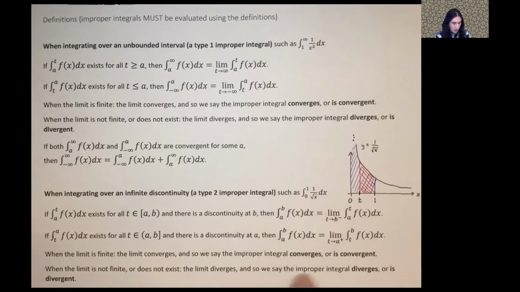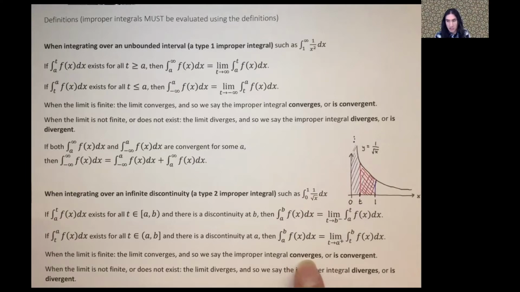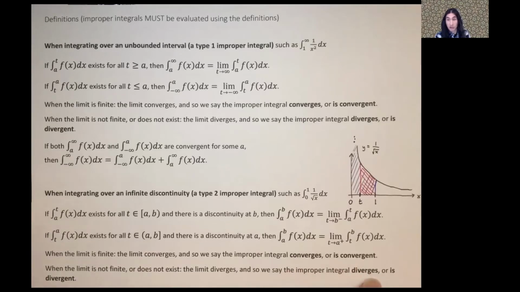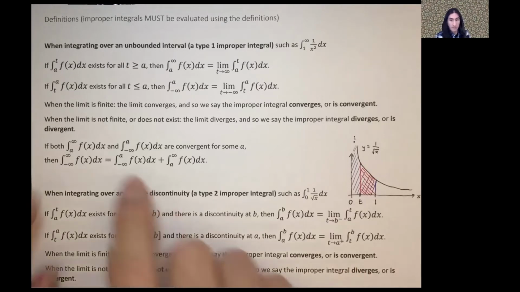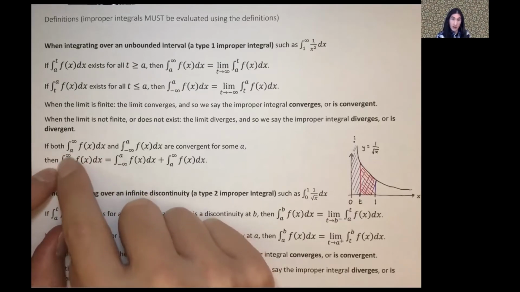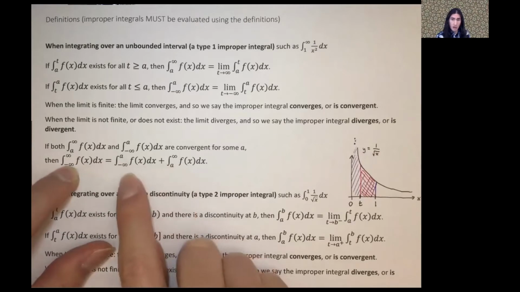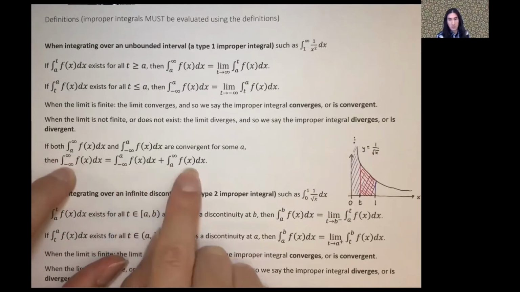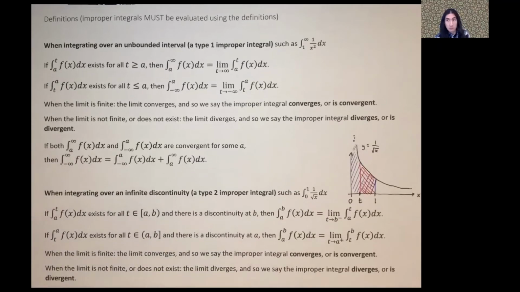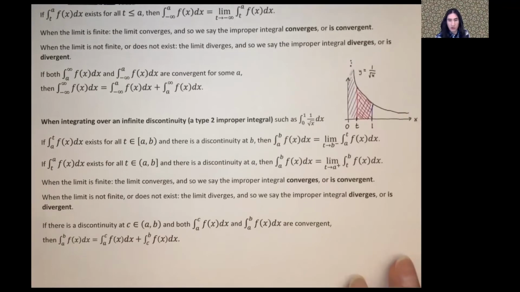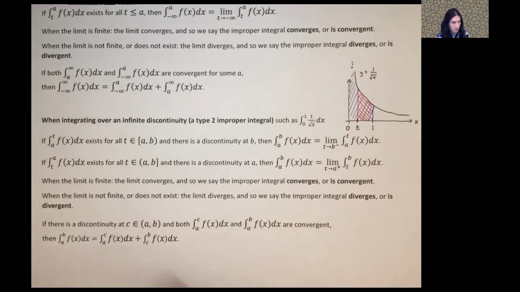Just like before, we have the same pieces of terminology: it's convergent when the limit is finite and it's divergent when the limit is infinite. And in the same way that we can have a two-ended problem with integrals over an infinite unbounded interval, we can have two infinite discontinuities to worry about at once in an integral. So for instance,